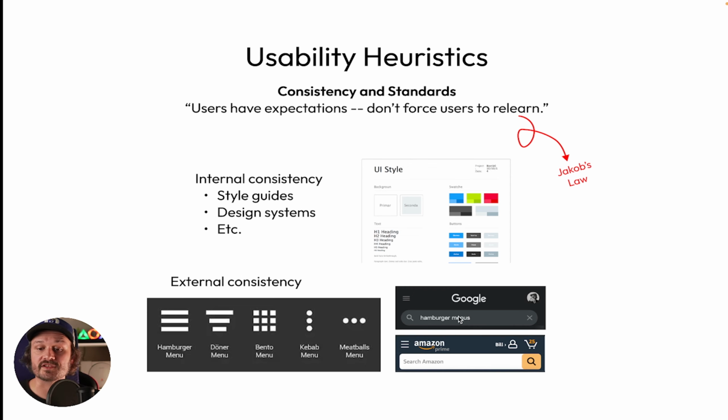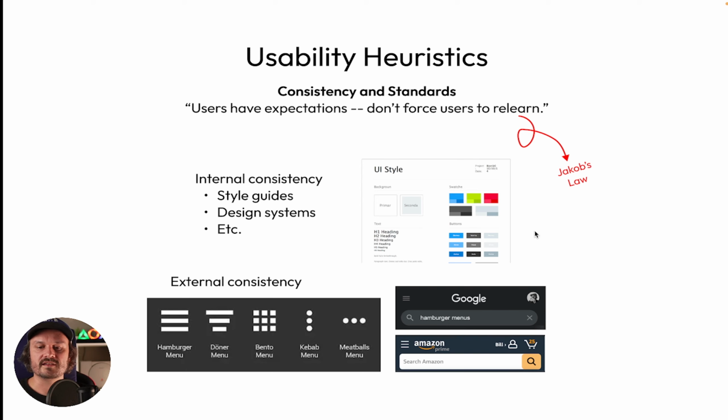For example, if you're working on an e-commerce site, having search at the top, or having your shopping cart icon with the number of items in the cart at the top right, or at the very least at the top. Search at the top, a user account information shortcut at the top, same thing with your hamburger menu. All these things more or less have homes where they're supposed to be, and so you'll want to make sure that your designs are consistent with what the user is going to see on any external site or any external